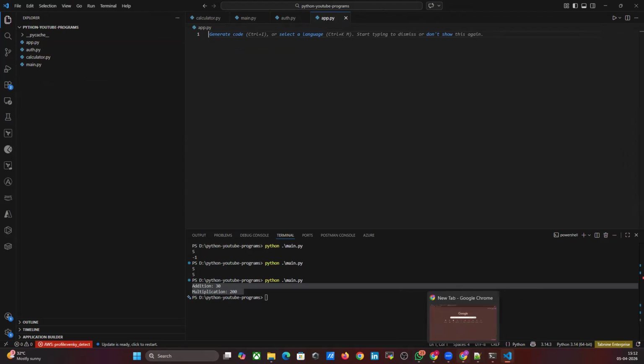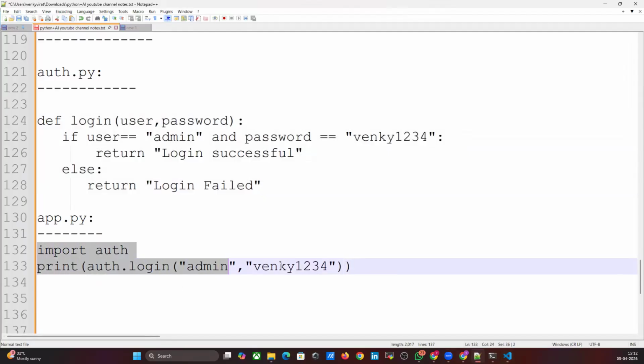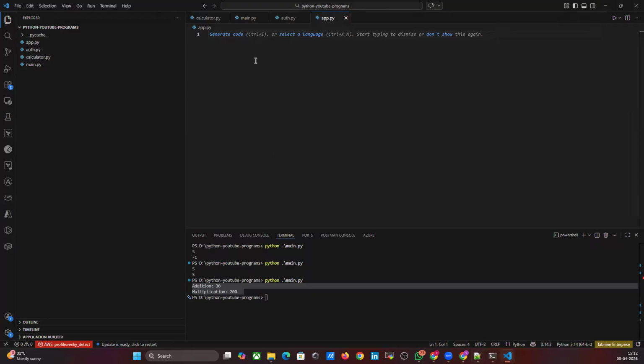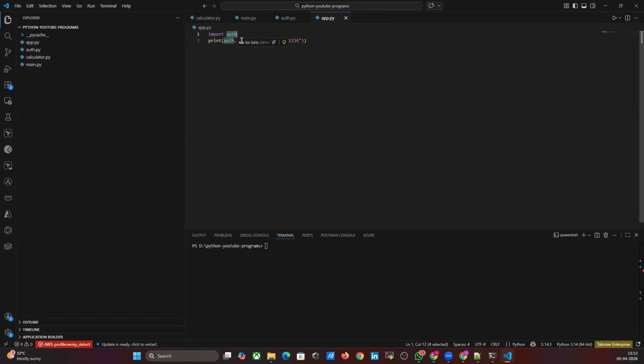Now I want to execute this. What file am I executing? auth.py or main.py? Sorry, app.py. I'm calling the auth function in the app.py file. Okay, python